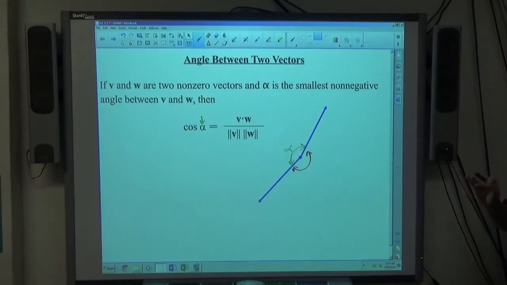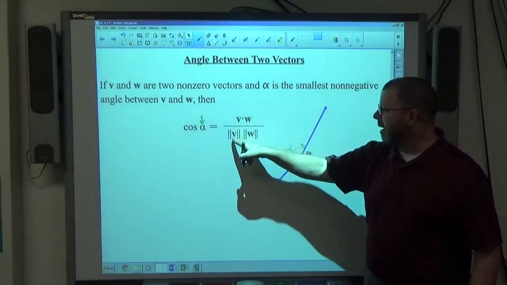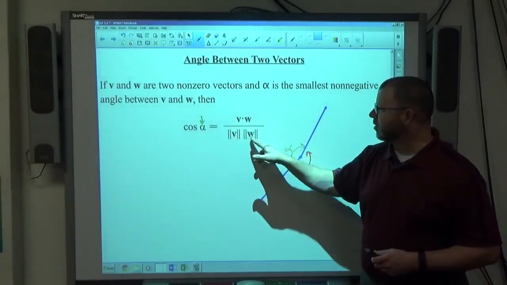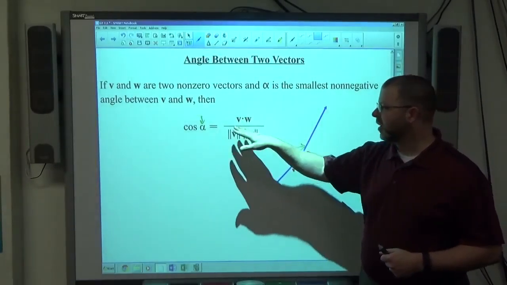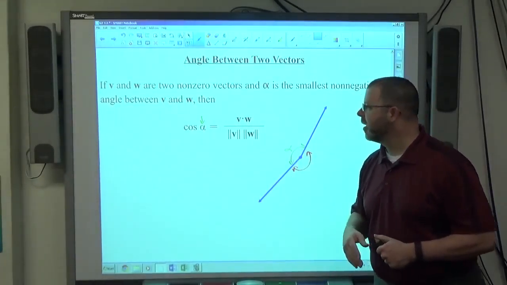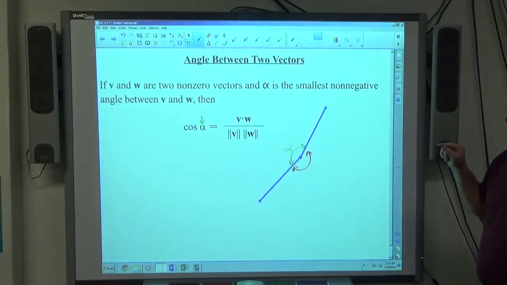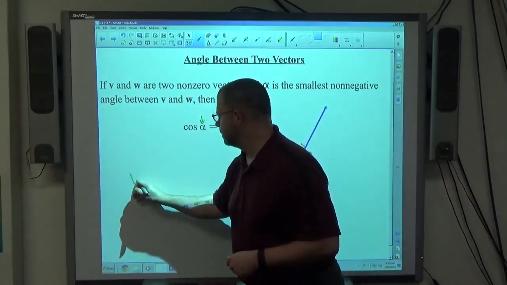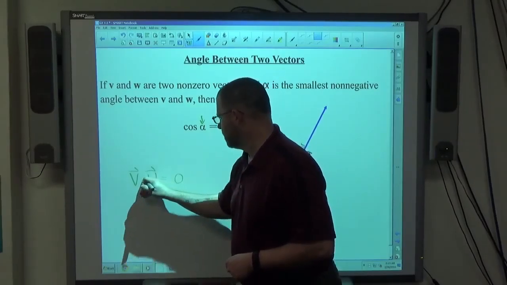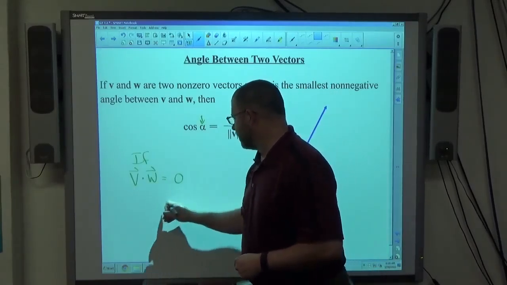And the formula tells me that cosine of alpha is equal to the dot product of the vectors on top, what we just looked at, and the magnitude of v times the magnitude of w, the product of the magnitudes of the vectors, on the bottom. And this is going to create for us a number. Cosine of alpha is going to equal that number, so inverse cosine of whatever this number is gets us the angle. All right? And on top of that, if v dot w happens to equal 0, it's going to be a 90-degree angle,